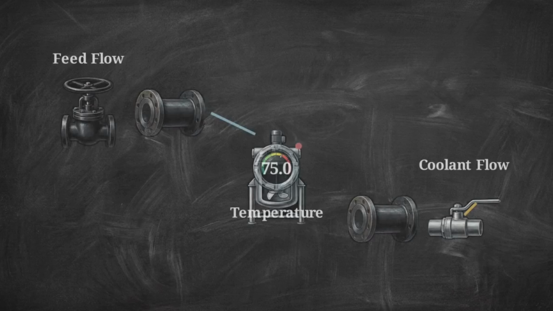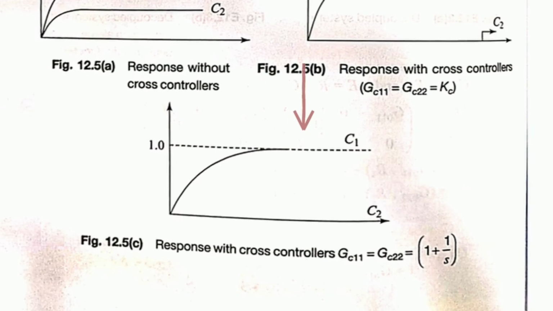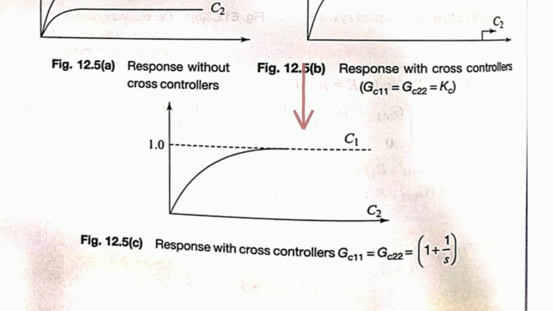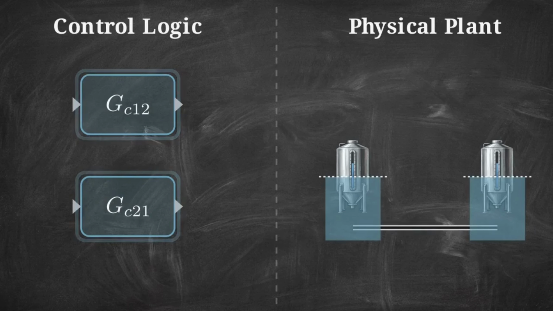The true test of this math is how it changes the physical behavior of plant outputs. This first graph shows a system without decoupling. A set point change causes both outputs to fluctuate significantly before settling. The second graph shows the result of cross-controllers. Output 1 reaches its target smoothly, while output 2 remains a perfectly flat line, completely undisturbed. The algebra we performed in the previous act is what physically forces the plant to behave with this level of